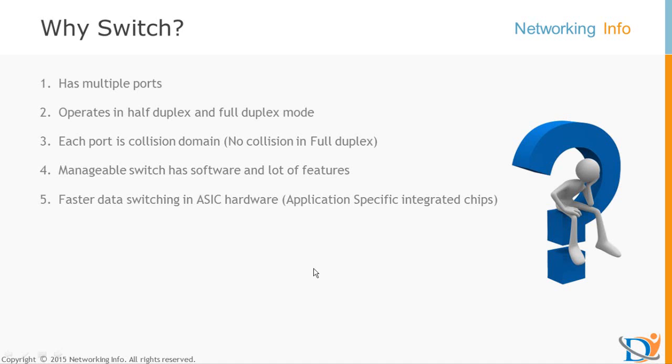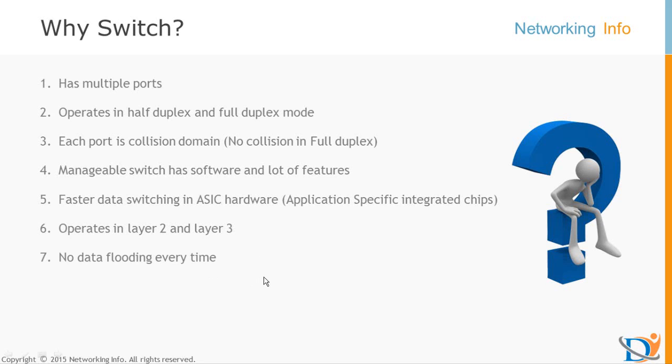Another beauty of using a switch is that a switch performs data forwarding in hardware. So there is a special chip for processing data, reading the MAC address table, taking a decision based on the MAC address table and forwarding data immediately. That occurs in ASIC hardware. So that's why we use a switch. Otherwise we can use a router as a switch, but we don't need that. Next thing I would say is that a switch, of course, can function in layer 2 and layer 3.